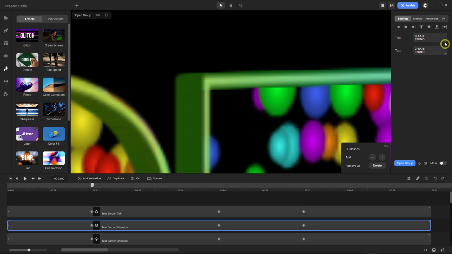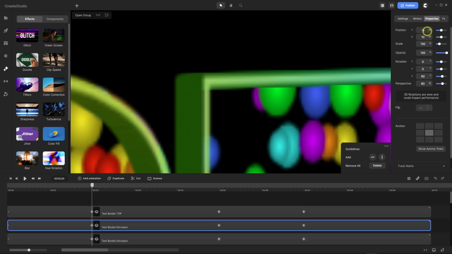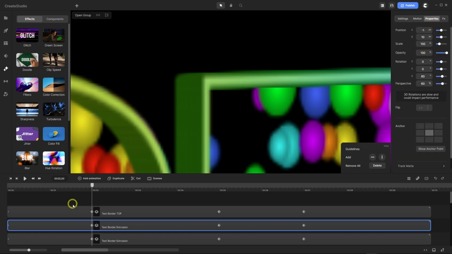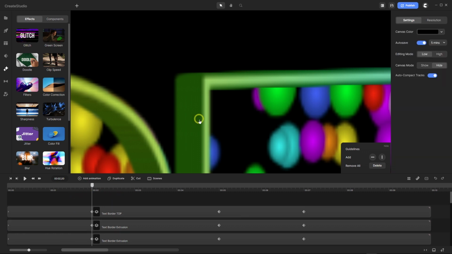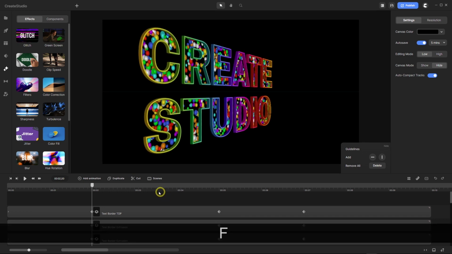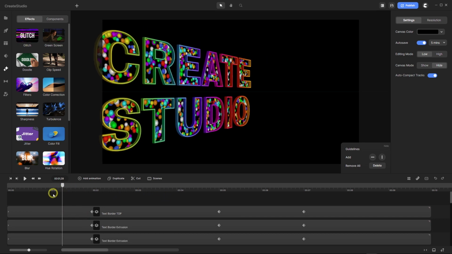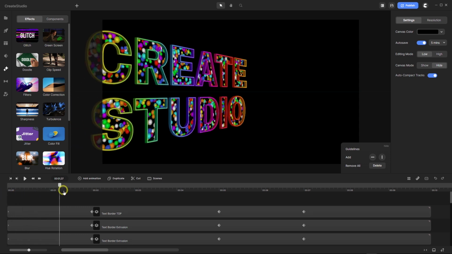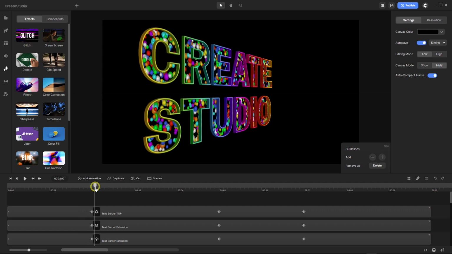So let's now see the properties. I'm on -5. I have to go until -1. So I have to go with this another 4 times. 1, 2, 3, 4. Okay. I'm now here with -1. And let's go with the F key to show all. When I now go here and bring this in, I have now this nice